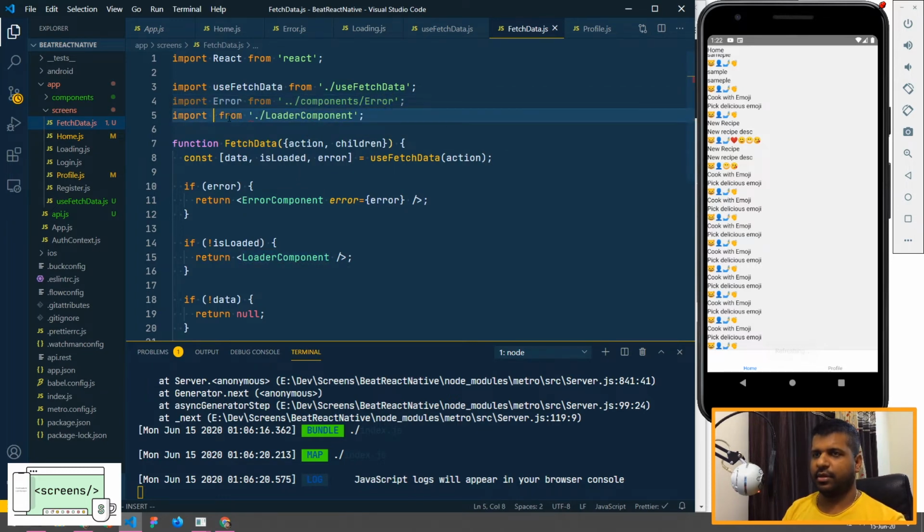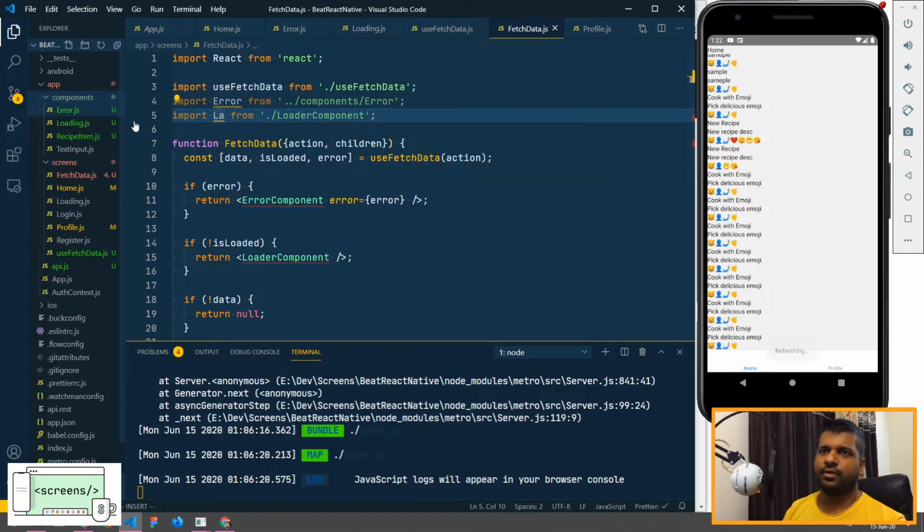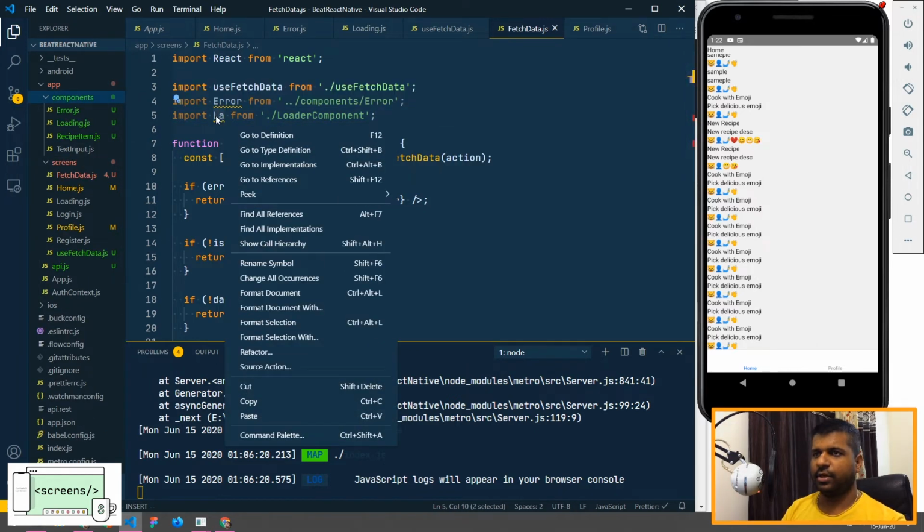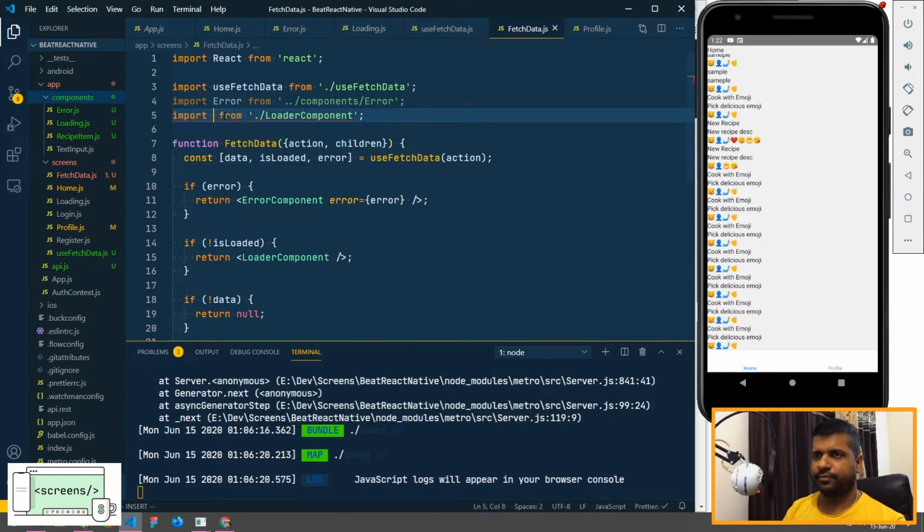And it will be our loader, which is the loading component we made. I'll import it from components again. I'll replace this with Error, and I'll replace this with Loader.